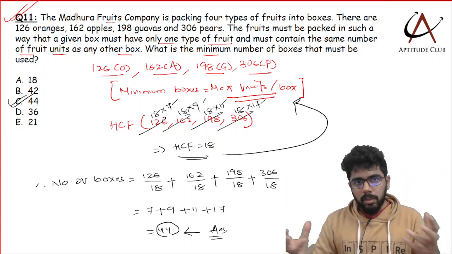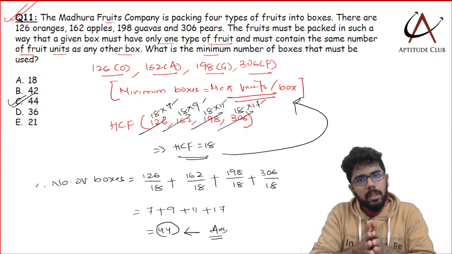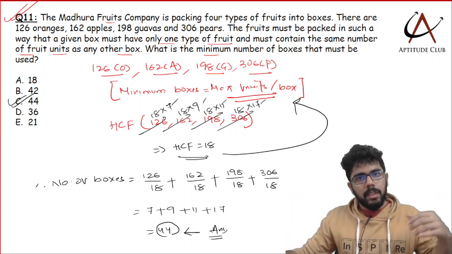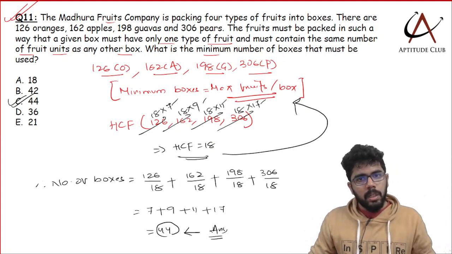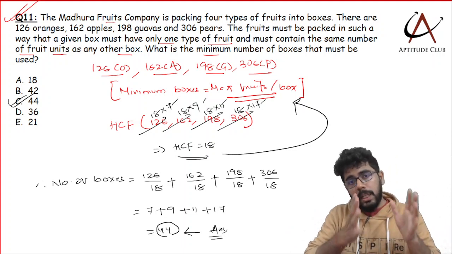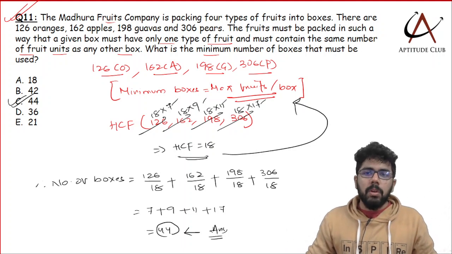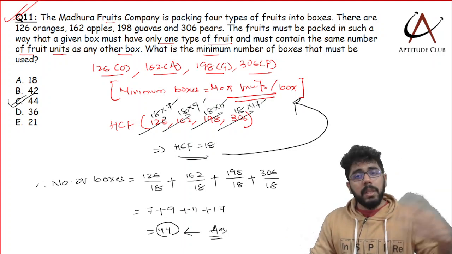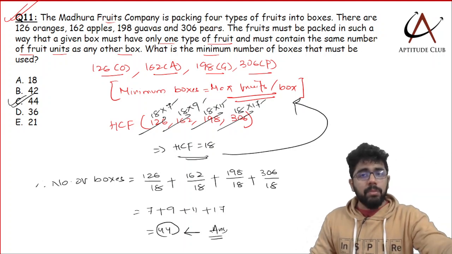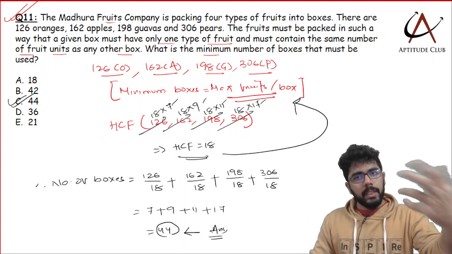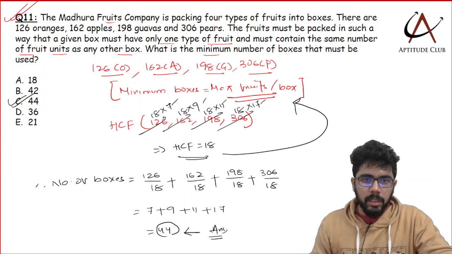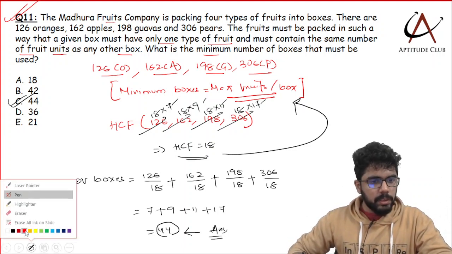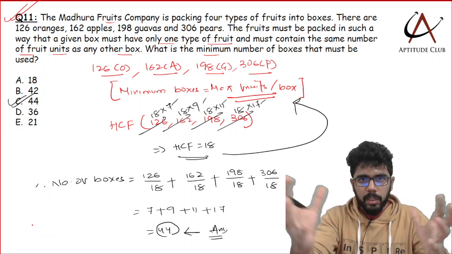Now what I can think of is I'm breaking the pile of fruits into boxes. So breaking something is like breaking a number into its factors. Now you will have the same number of fruits in any box. So same factor मतलब common factor. And because you want to minimize the number of boxes, so maximum fruits per box, so maximum मतलब highest factor. So that is the highest common factor निकालना. Okay, quite simple and easy question this one is. Hope all of you are able to understand this.